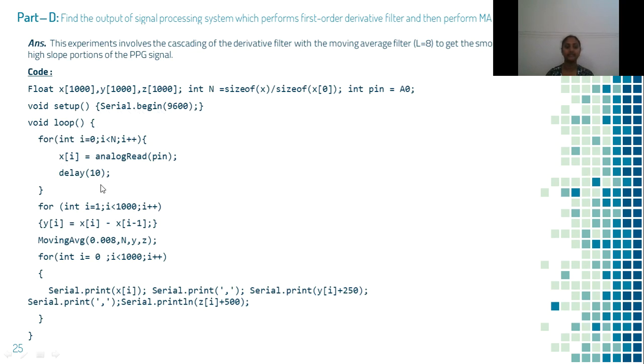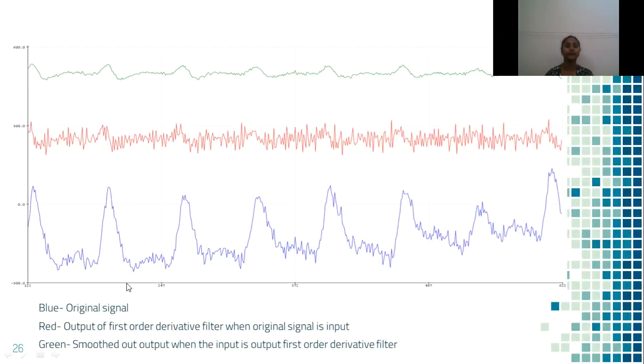We have to collect the samples and then do the difference operation first, and then go to the moving average, which gives the smoothing signal, and we have to print both. Here this is the signal and this is the moving average, the first order difference filter, and this is the smoothed